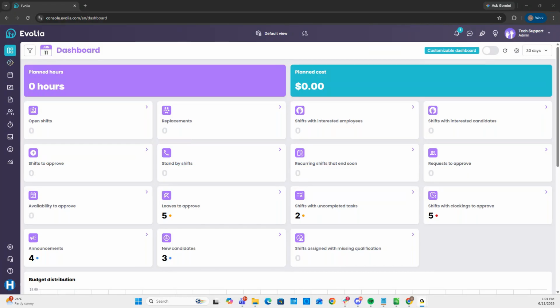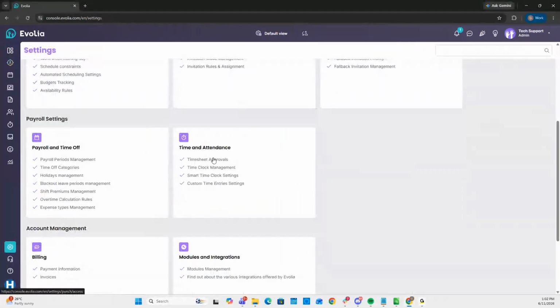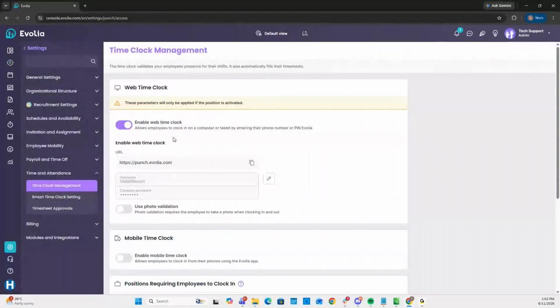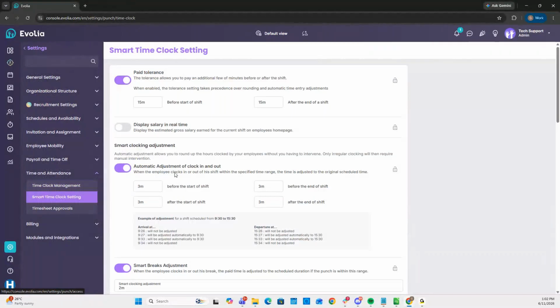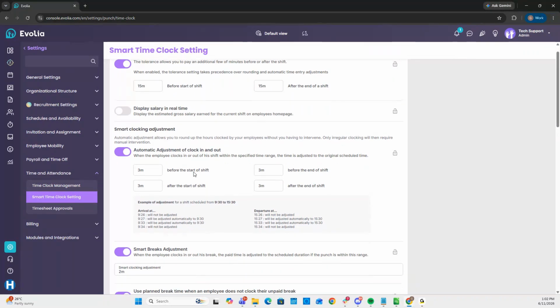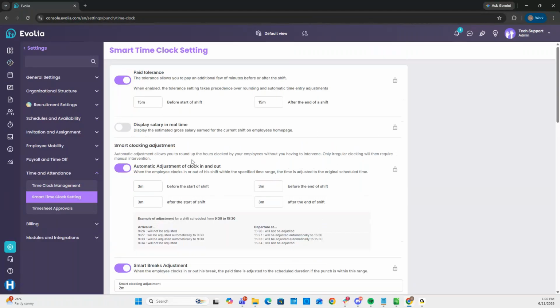The first thing I'd like to go through with you is the different settings that we have for automatic timesheets approval and adjustments. For that, we'll go over to the settings of an account, and then we'll go over to time and attendance. So over here in time and attendance, whenever we go over to smart time clock setting, we have many different settings that we can activate to improve the automatic approval of punches and time entries